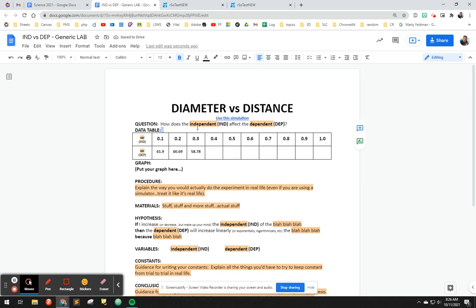As I've pressed everyone to understand, I have made this very formulaic. Diameter versus distance. My goal as your teacher is to be able to read your question and understand pretty much how you're doing the experiment just from reading that. So how does the diameter of a cannonball affect the distance